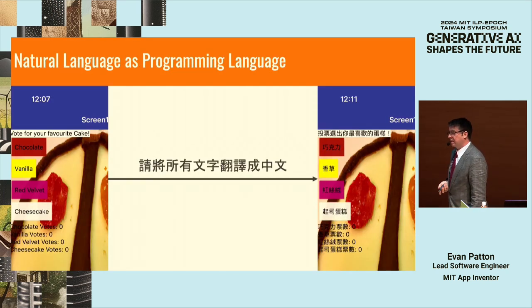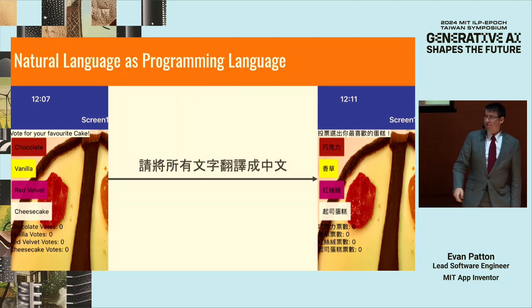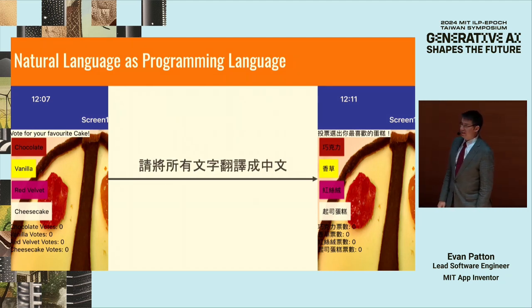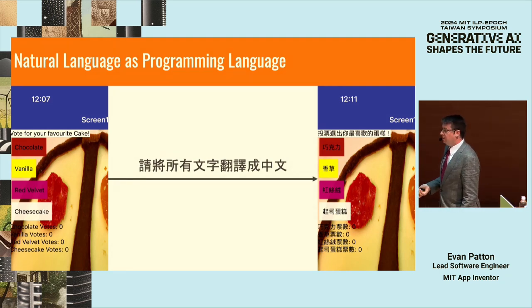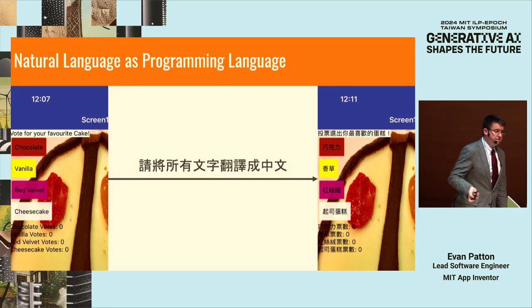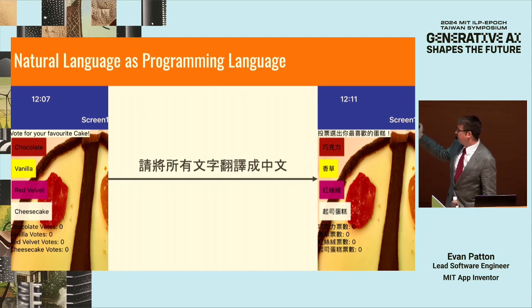The other really interesting thing about this is because we are leveraging large language models, you're not restricted to providing instructions in English. So here's an example of an app that we were making the other day at the summit. We're just playing around. We made a little app where you could vote for different cakes. And then this prompt, which I just got from Google Translate, I don't know Mandarin, so I didn't write it, produces this output. Right? And so if you find an app that might be relevant to you, you can customize it. You can pull it into App Inventor. You can tell it in your own language, hey, rewrite this, and it'll do it.